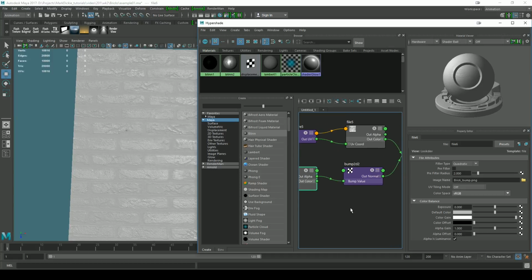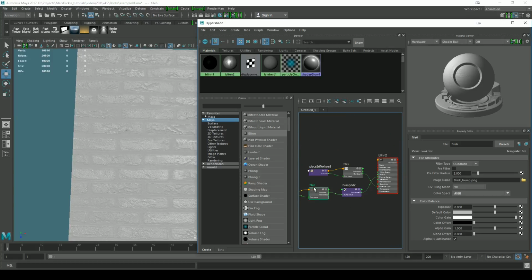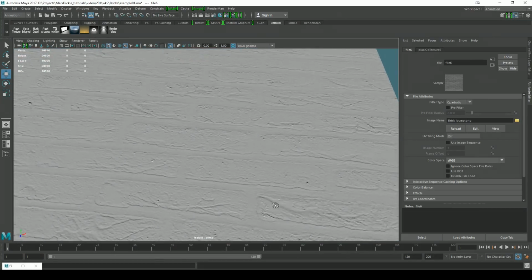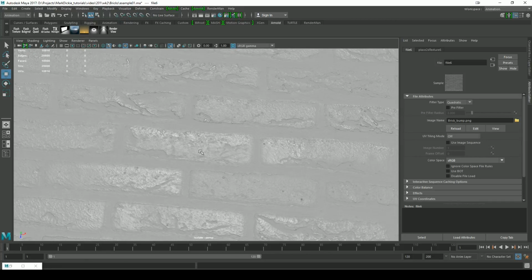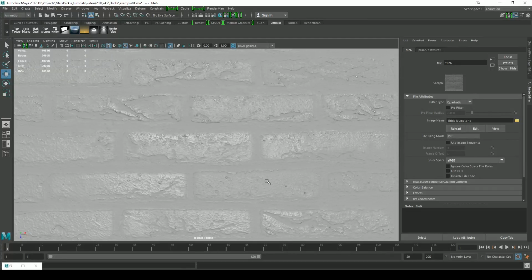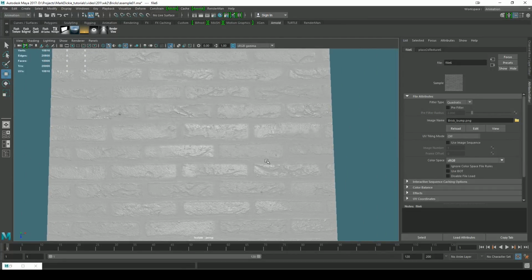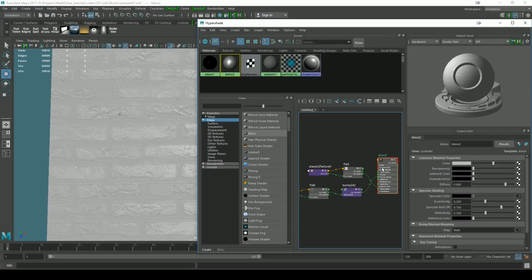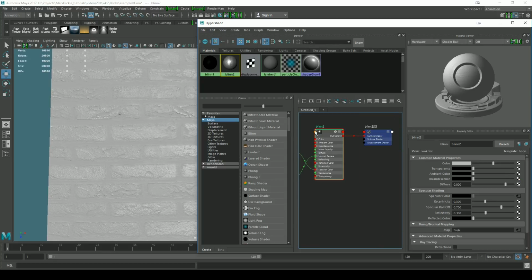And so you can see that bump file goes into the bump node, which goes into the blend shader. And you can see what that does is create this extra bit of fine detail. And together with the Specular Map, it's a pretty cool effect. Of course, with grey it doesn't look very interesting, so let's select that node again, the blend, and we'll add